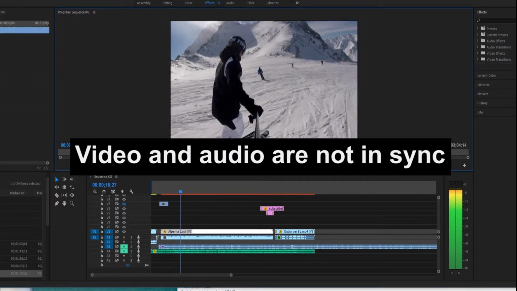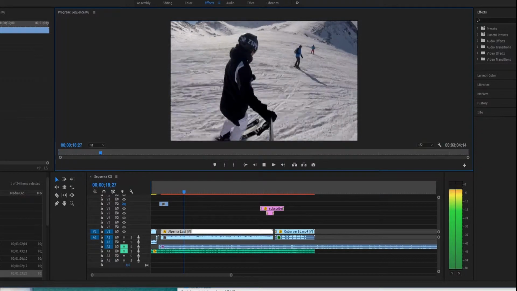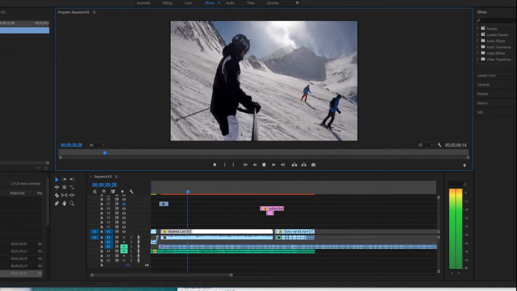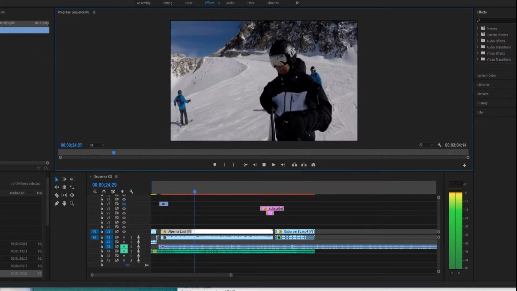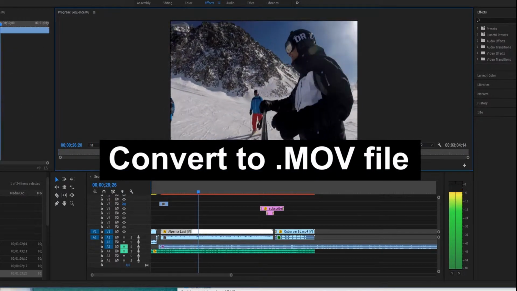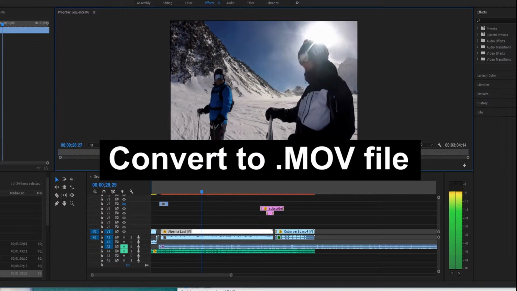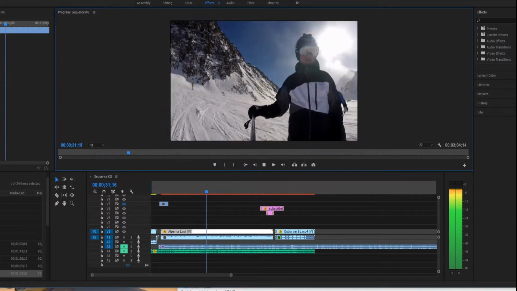The sound does not match the movie. You probably have a long MP4 file in your Premiere Pro timeline. I think the best way is to convert your MP4 file to a .mov file, which is a QuickTime file